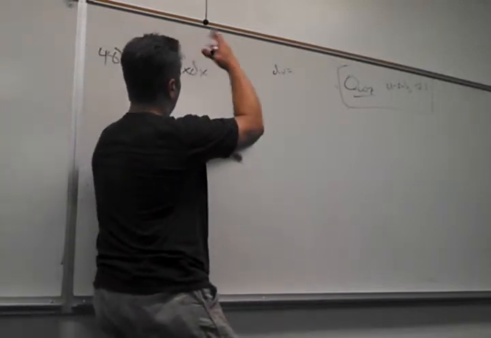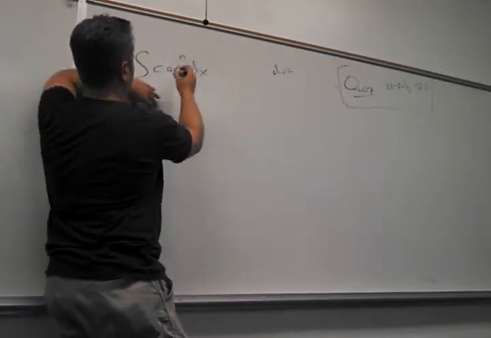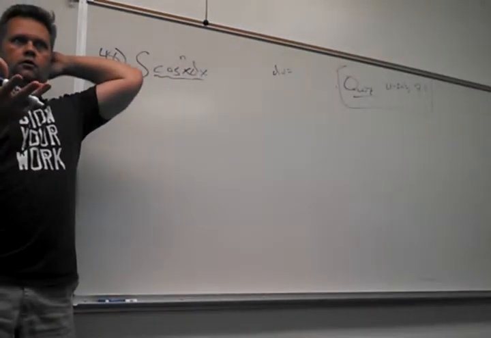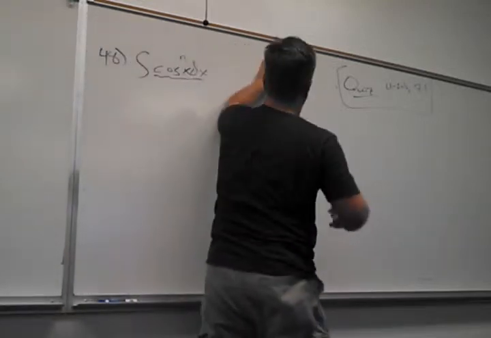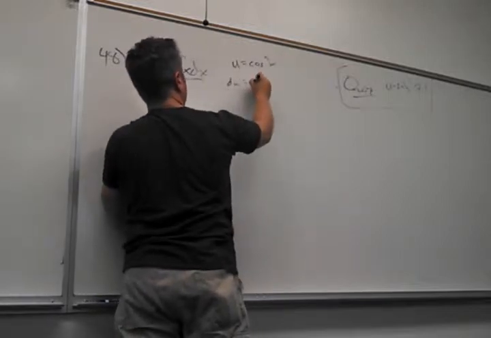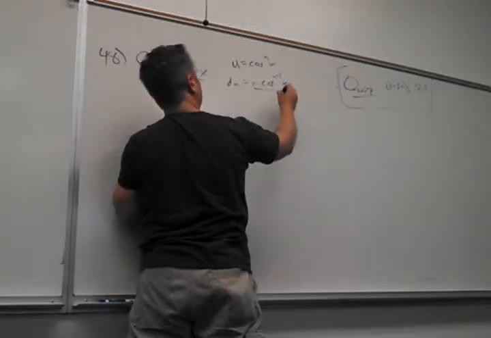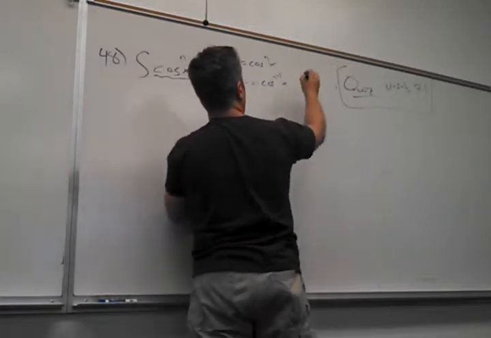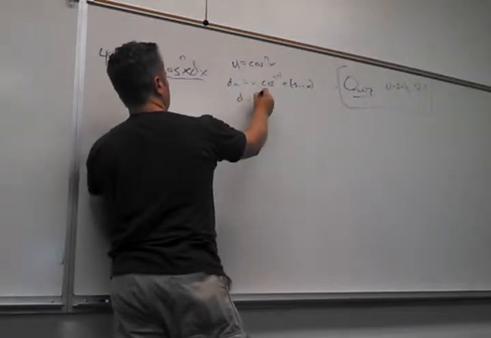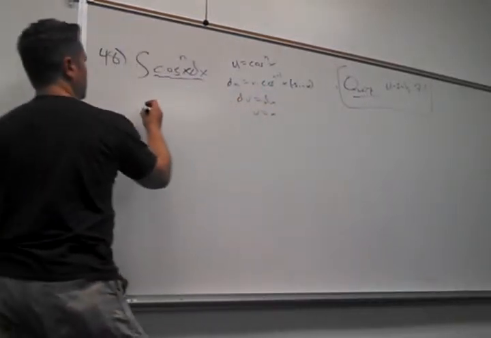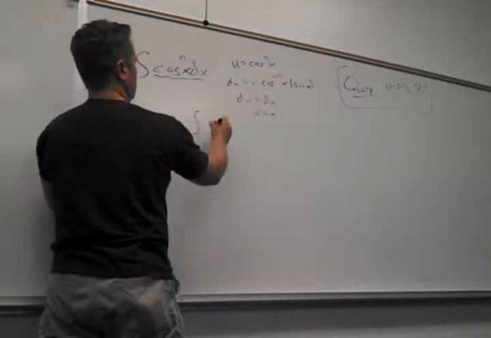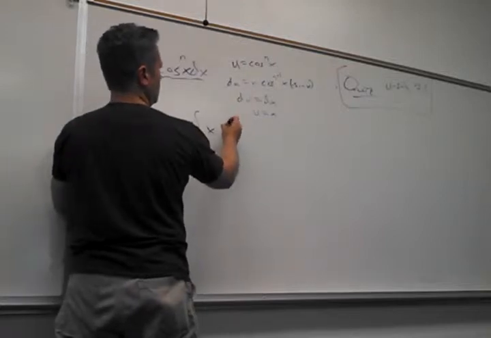But yeah, the only other possible thing I could do would be kind of silly. I'd have to call this whole thing dv, which is my original problem anyway, right? So I guess I should have had more faith. We have to do it the other way that I've already erased. So if we say u is this, like we did, then du is n cosine to the n minus 1 x times negative sine x. All right. So then if I say dv is dx, then v is x. So we get x cosine n x minus integral x times,